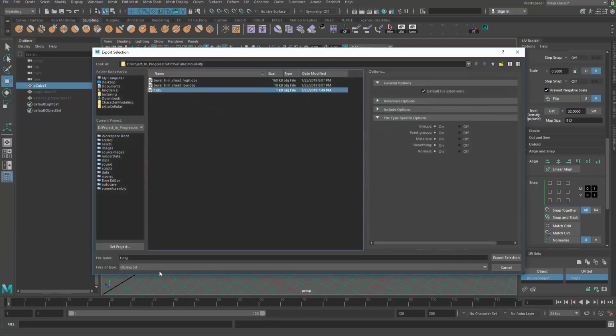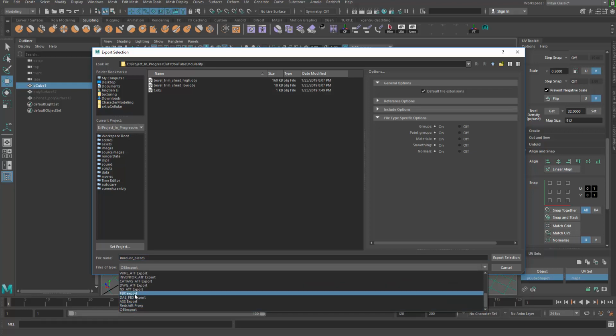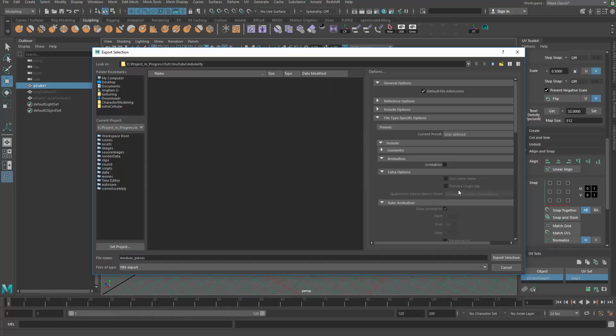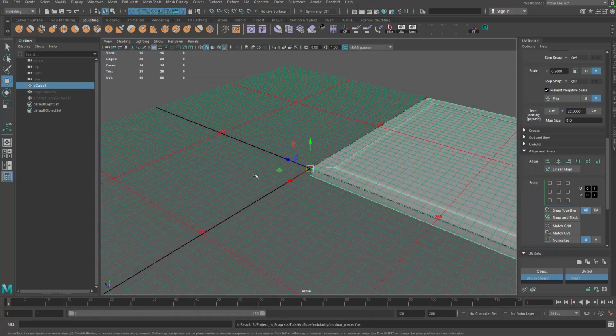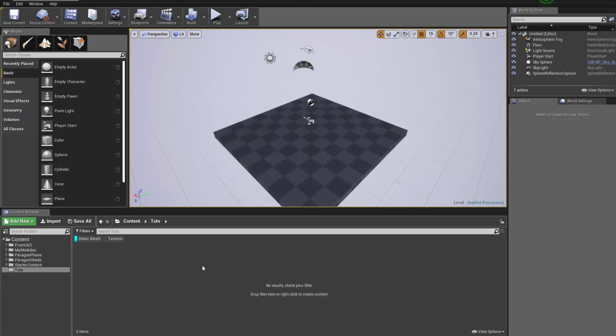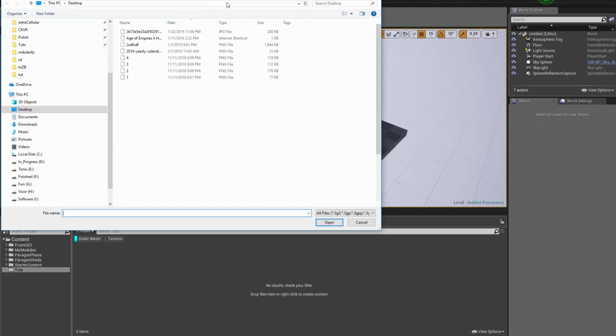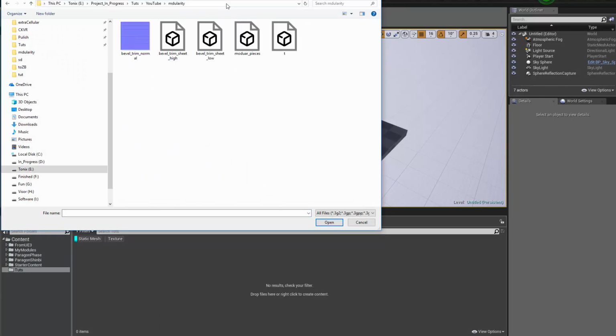Okay, I'm gonna call this guy modular pieces because we can add more afterwards, put them into one FBX file. Okay, so export selection, let me copy the directory here. Alright, cool. Now back here to our engine, I'm gonna right click and then import and paste that in, and